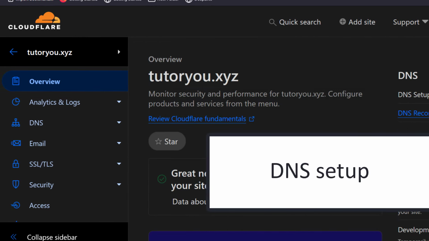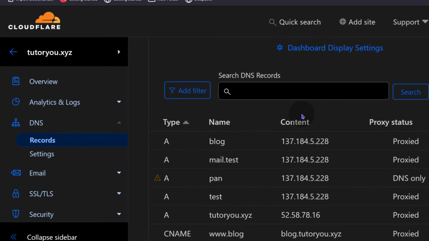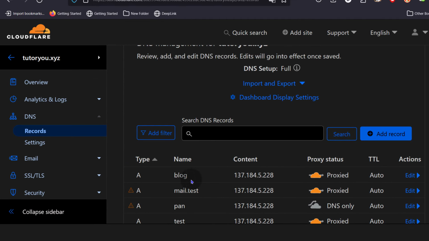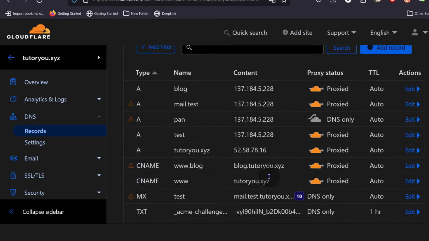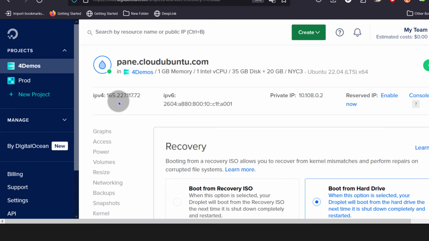That is done. The next thing, of course, let's click on DNS and let's see the DNS settings that we have. These were taken from what was already there before. If you want to host your website, you're going to have to change some of these DNS records. You're going to add your current server. So for example, my current IP address is this. So I'll click to copy.